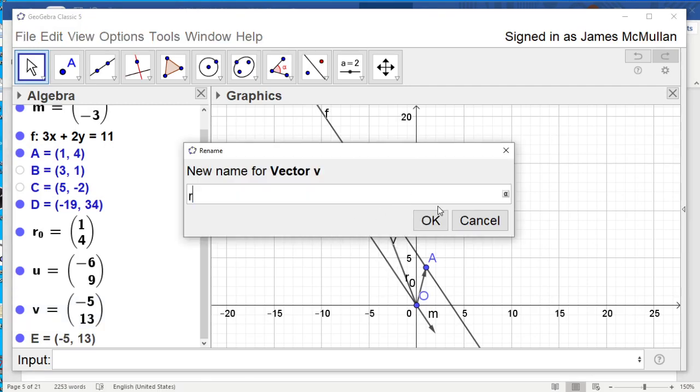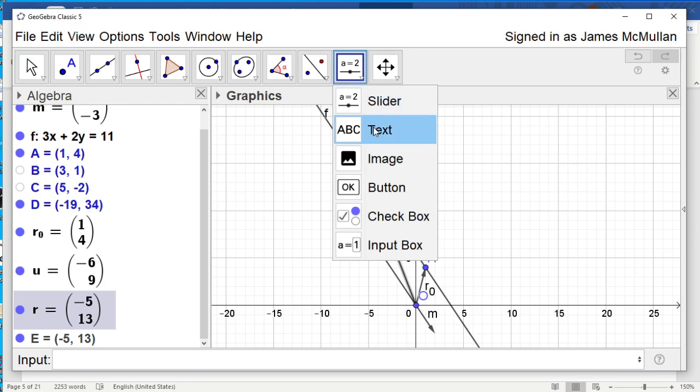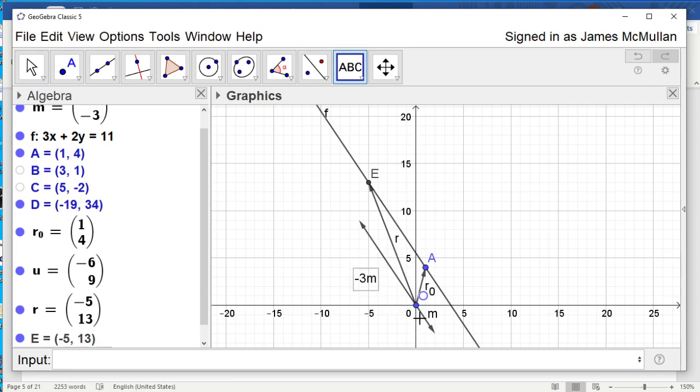Actually, let's rename this to R, because that would be vector R. This is vector RO over here. This is the direction vector we had. However, this is the direction vector I used, which was negative 3m. So I stretched m by a factor of 3 this way, then I added the position vector to get me to A, and that got me to this point E, which is the other side of this triangle. So if they wanted this in triangle form, we draw segment EA,